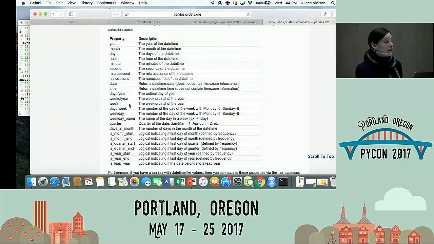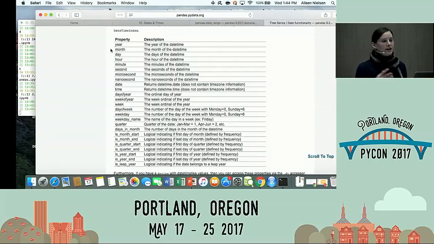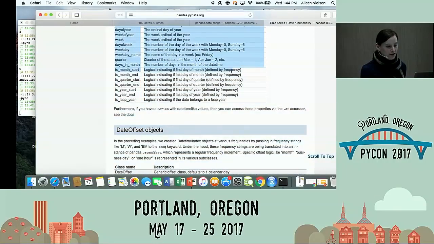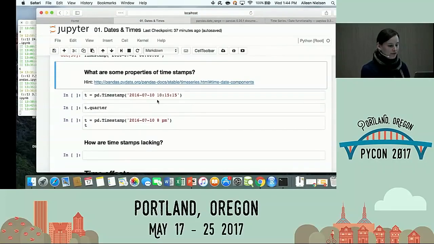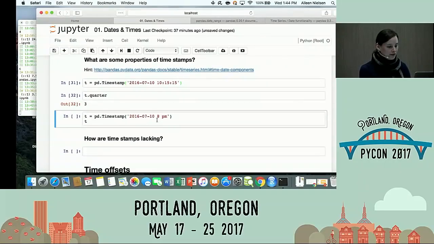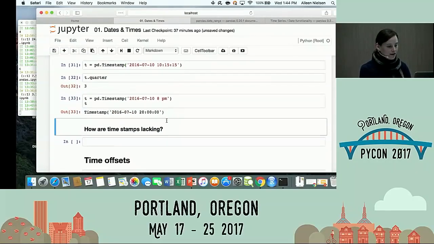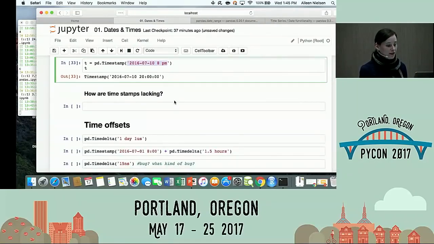You can also get day of year, right? So if you find that people behave seasonally, it's very easy to match these things up rather than having to compute it yourself. So that's very, very handy. Whenever you're wondering, how do I get this thing? Chances are that Wes McKinney and the other folks working on Pandas have already put it in for you. So those are timestamps. Just to give you a demo, what's the quarter? July 10th apparently is the third quarter. And this is just an example of a really smooth interpretation of the data.